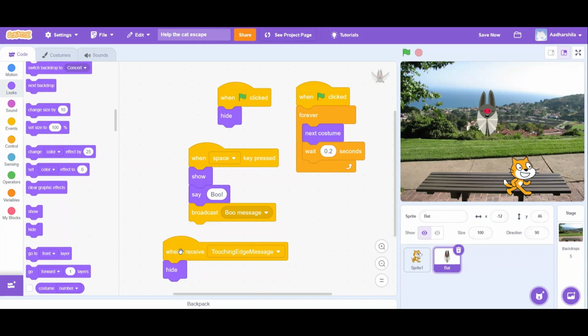We can add more backdrops to the stage. We can switch different backdrops by using the next backdrop block. In computer programming, something that happens is called an event. We have learned about and used these events like green flag clicked, key press, broadcasting, and congratulations, you have created your story.